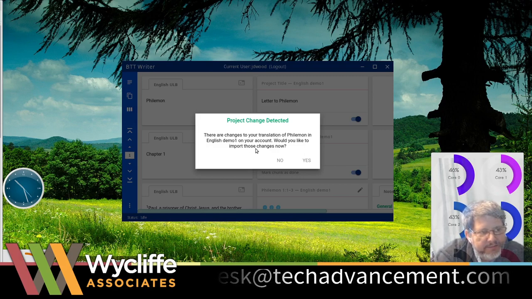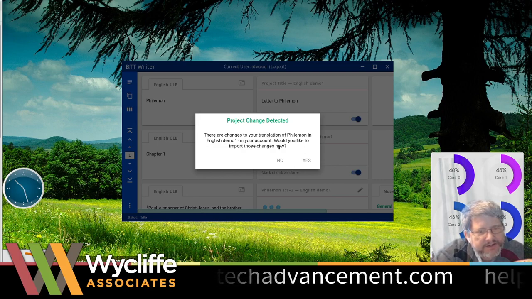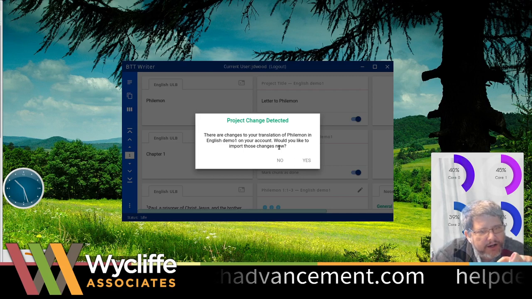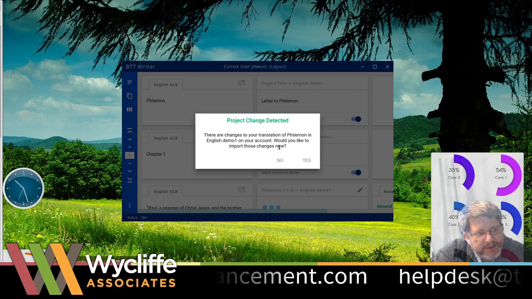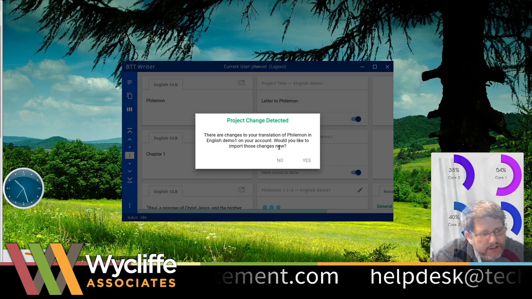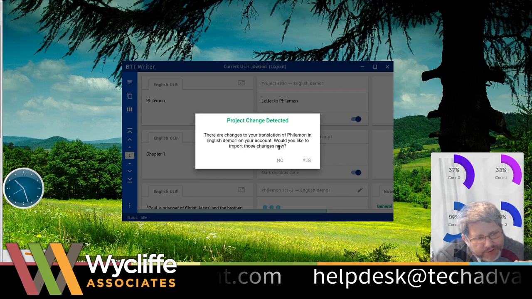Would I like to import those changes? Basically what this means is that the two projects, the one that's on my machine right now and the one that's on the internet, don't have the same most recent